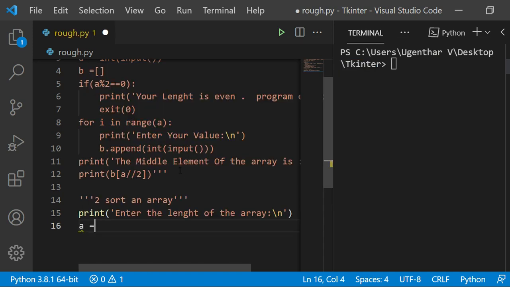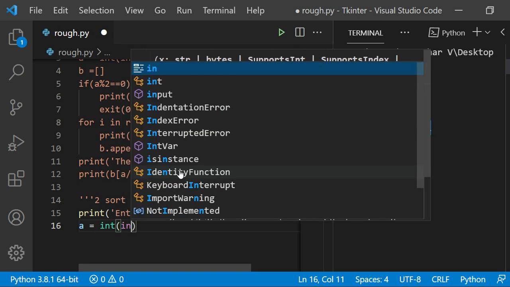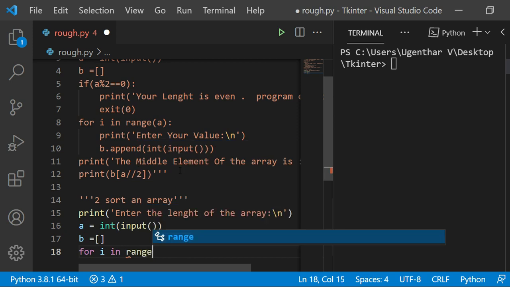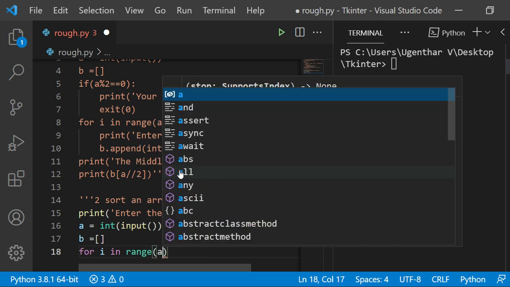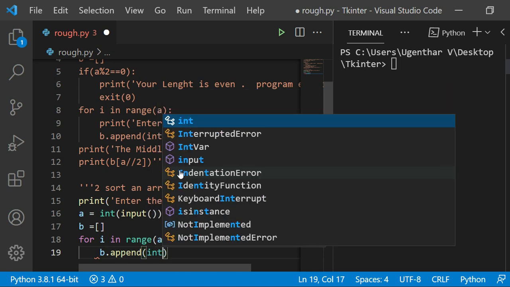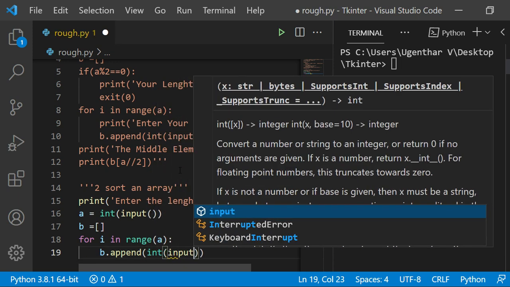Then I am taking input, int of input. After that I am creating an empty array to append the elements. Then I am using a for loop to get each and every element: for i in range of a, and I am appending each and every input, like int of input.